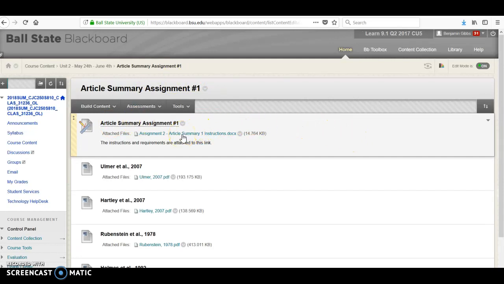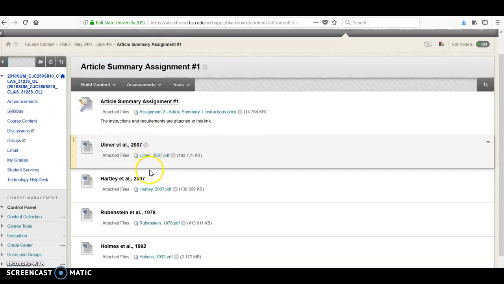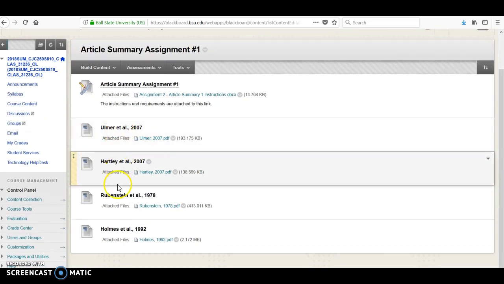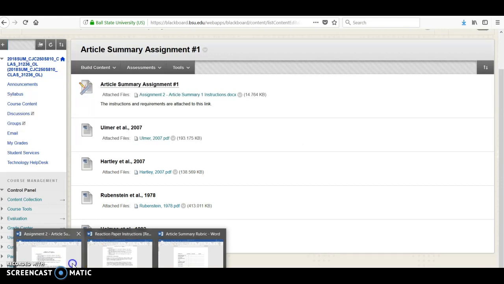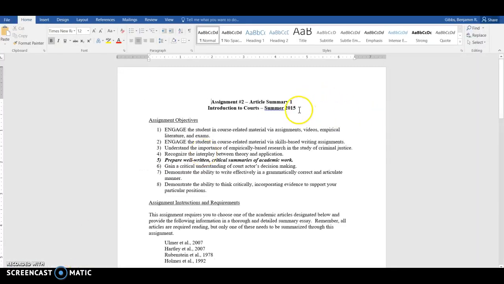Down here is the Article 2 summary assignment, along with the readings that are necessary to complete this assignment. You are only to choose one of the readings. You do not have to read all 4 of them. So choose one of the 4 and complete your article reading assignment over that. So let me pull up the reading assignment here. Oh, that's the wrong date. We'll change that to 18.